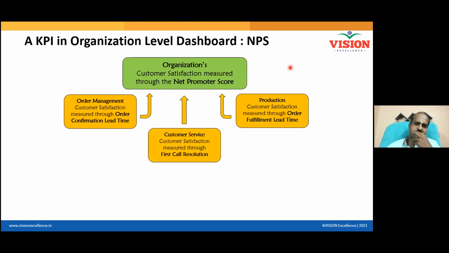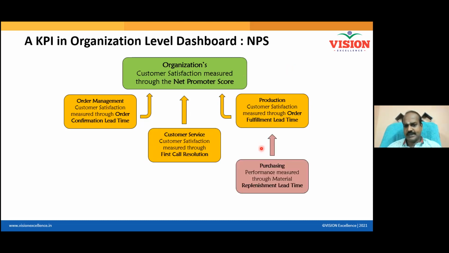And similarly, any customer service, any problem happens, customer comes to your company, how quickly do you resolve it? Do you make them meet everybody in the company, or is it just one person they could meet and get their problem solved? The number of persons a customer should meet to get their problem resolved, that's called first call resolution. So likewise, if you improve all these things, obviously your Net Promoter Score will be healthier. And that means your organization dashboard will be healthier if the department level dashboards are healthier. And again, you can keep on connecting your KPIs, right?